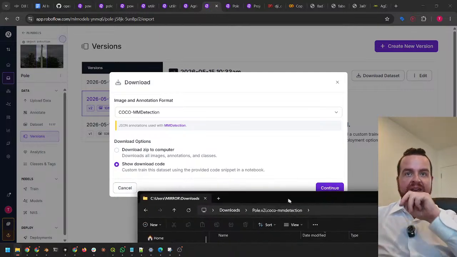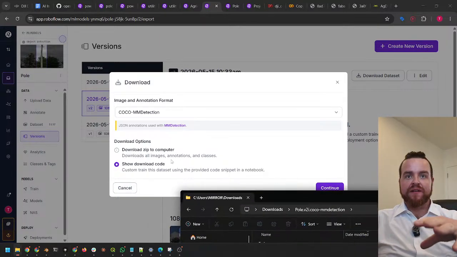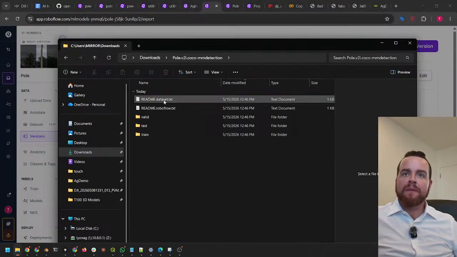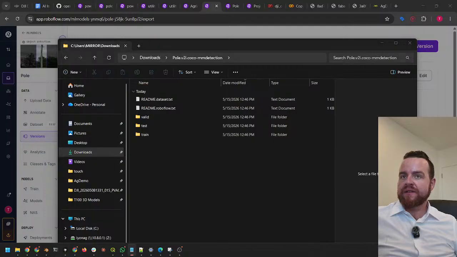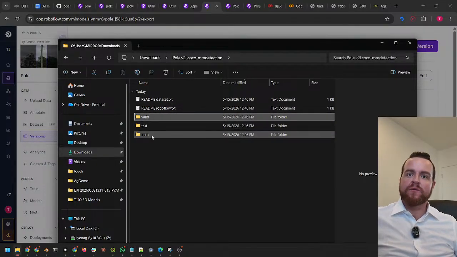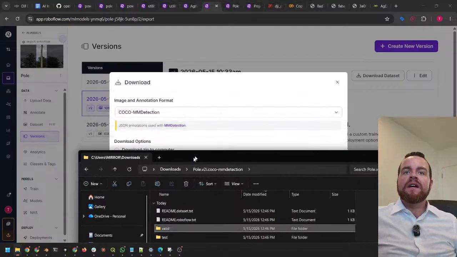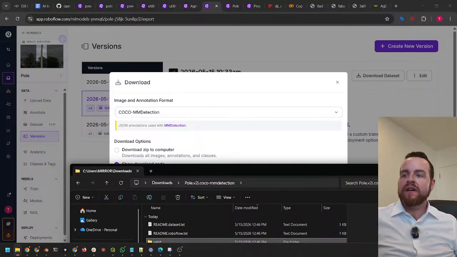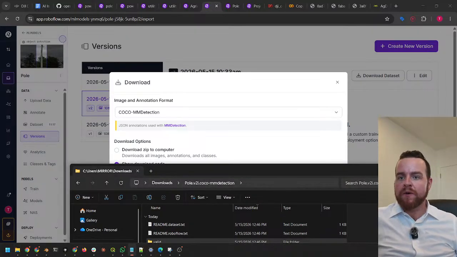So if we did download that direct to the computer, it's going to give us a folder like this. We've got a text file of just metadata, the folder of valid, the folder of test, the folder of train. And this is basically just changing the format, the folder structure we expect when we download it. And it's also going to change what it looks like with